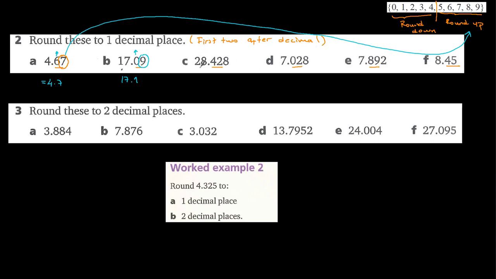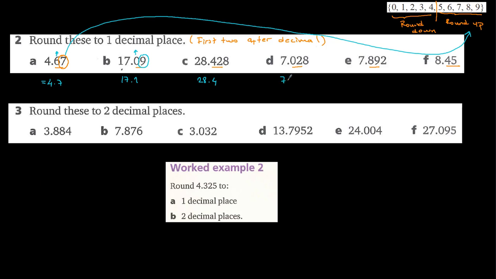Here, this is 28.42. It is the round down group, so we are going to round to 28.4, and we are not going to decrease the number. Be careful about that one. Here